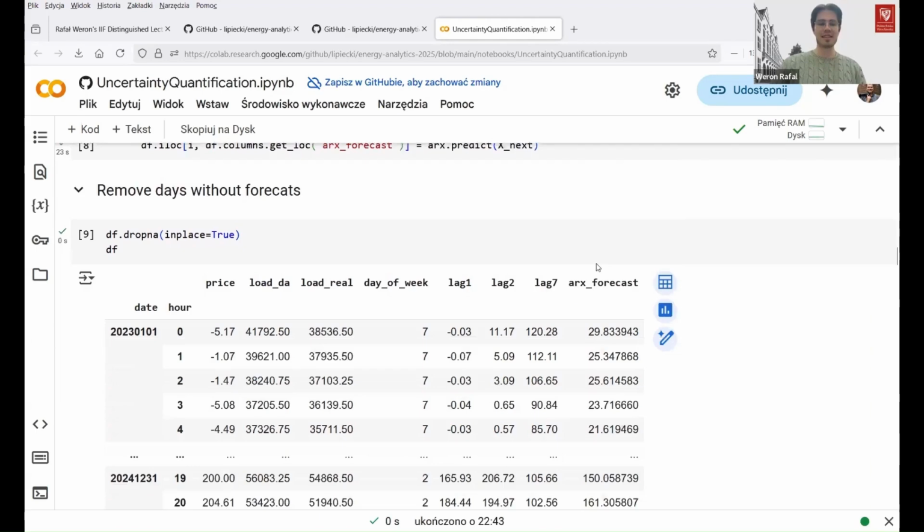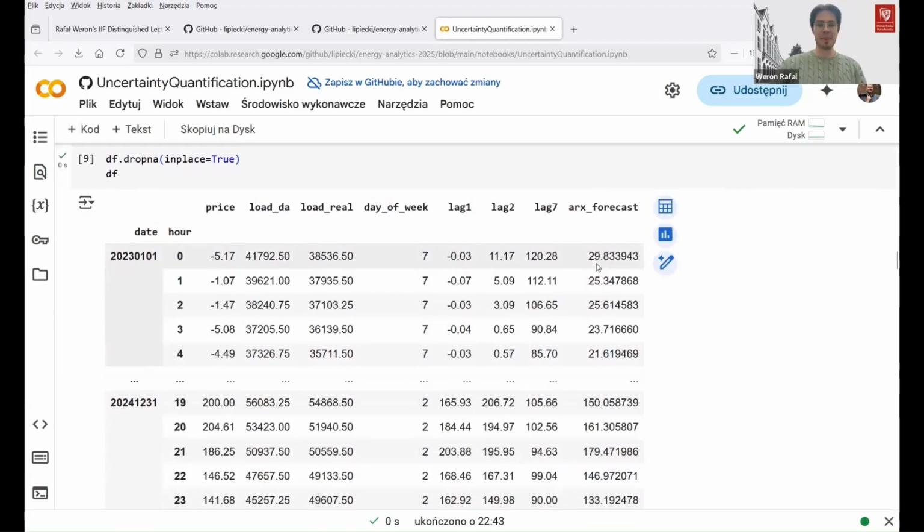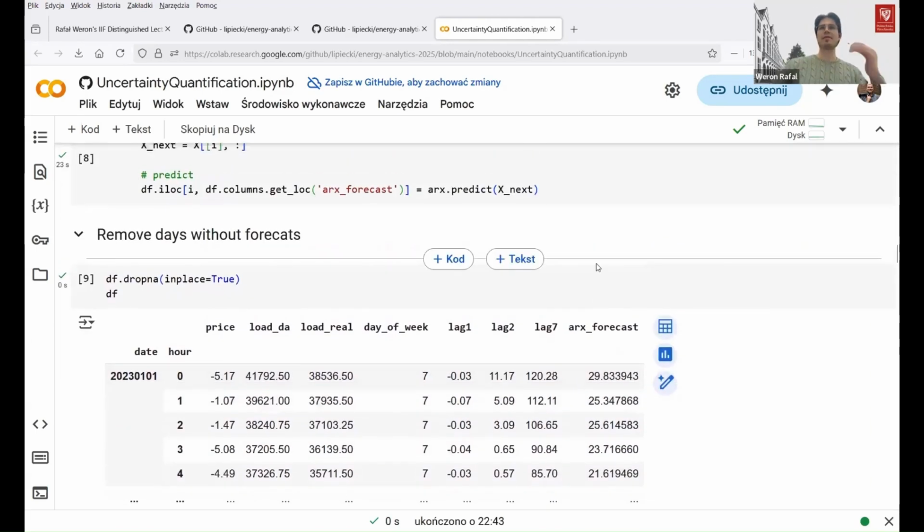We will remove the days without the forecast. So one difference is that now we actually run the linear regression model for the entire data set. And for this week, we will only produce these probabilistic forecasts. So we also need to have some past errors for that. So we need to have more point forecasts than just a week of them, right? Because we need some out of sample errors to estimate